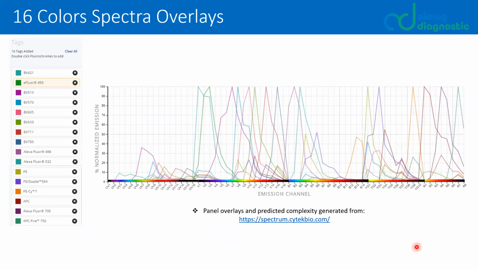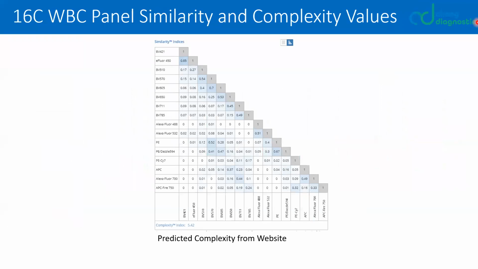Here is a nice example of building a 16-color panel and how it looks in the Spectra viewer on the Cytek website. So this is the spectral overlay of all 16 fluorochromes that we have chosen in this spectral viewer. This is one way to look at it,